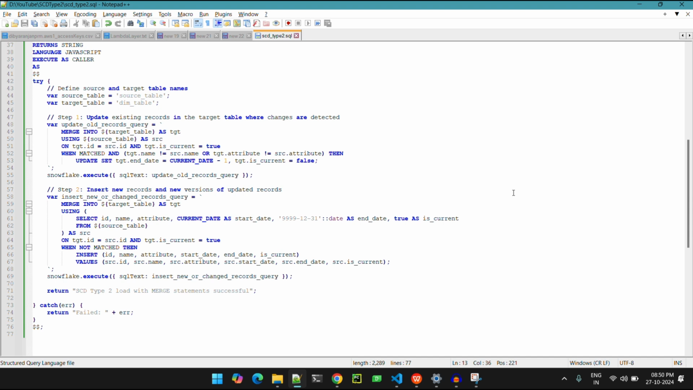Okay, so you may be asking why two merge statements? Because the first merge statement, if you see here in step 1, what I am doing is updating the record. If you understand the basics of implementing SCD type 2, if you have a new record, then you have to insert that record. If the same record gets updated, then you have to maintain two records: one record which is the previous version, and the new record which will hold the new update